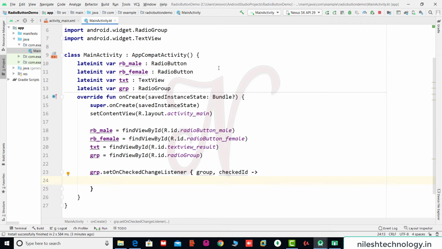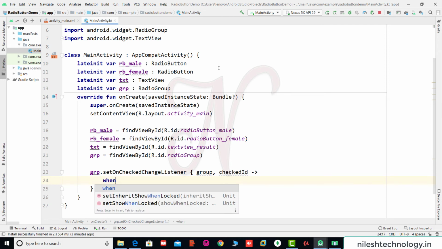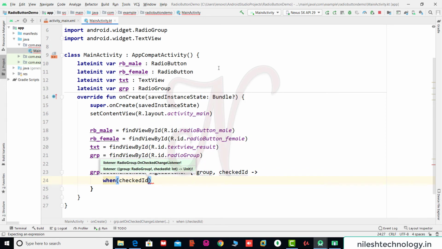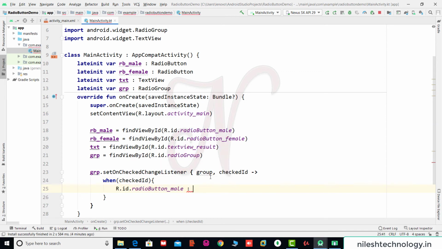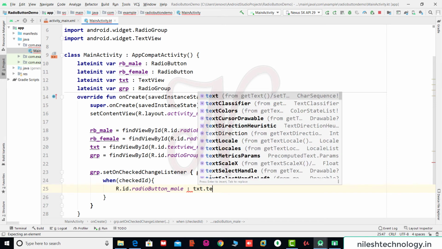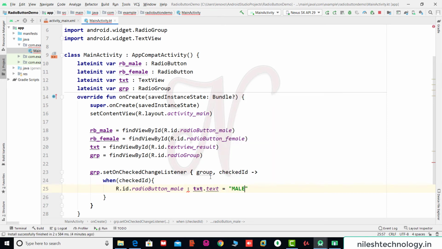Use a switch case or an if else statement. In Kotlin, if you want to use a switch, use the syntax with when. Pass the checked ID here, which is the parameter of this function, and this is your block. If the ID is R dot id dot radio button male, then set txt dot text equal to male.